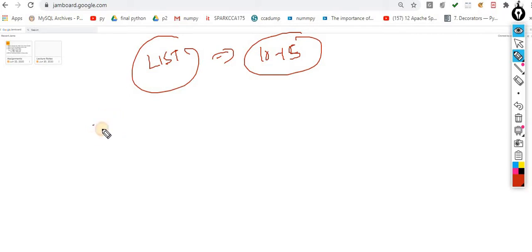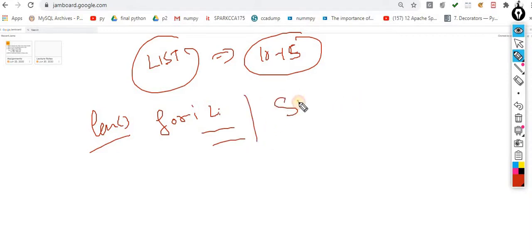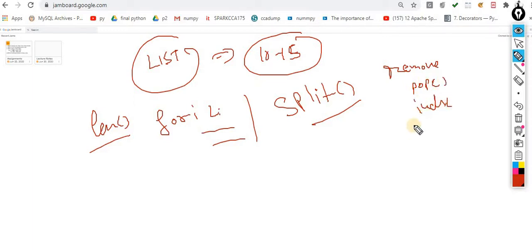The methods we did: len, then we iterate the items, then split, with the help of which you can create the list, then remove, pop, index, and I suppose there is one more method. We described the difference between index, remove and pop in great detail.